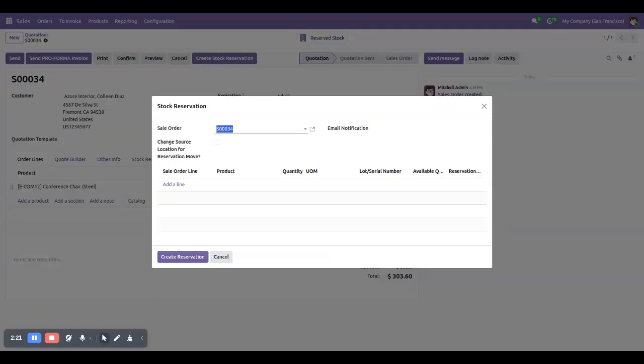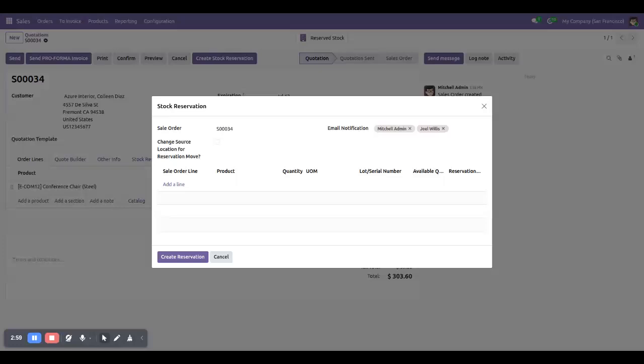When we create the stock reservation, a wizard will open here. You can add the responsible person who will receive the notification for the stock reservation. Here, if you wish to change the source location, you can also select it. If you are using send goods in output and then deliver, 2 steps, or pack goods, send goods in output and then deliver, 3 steps, for outgoing shipments in the warehouse configuration, you can also set your desired location for the reservation stock.